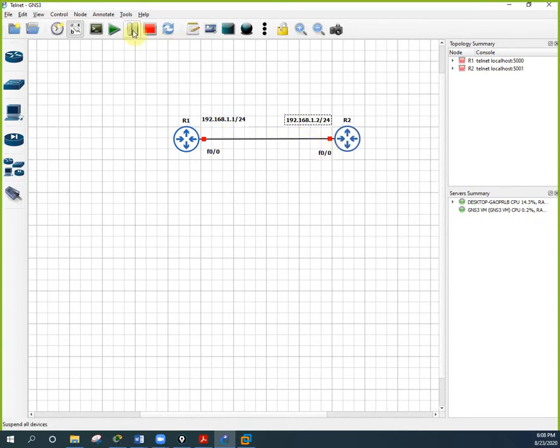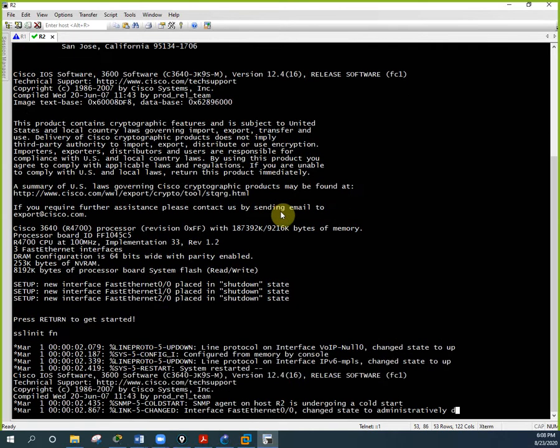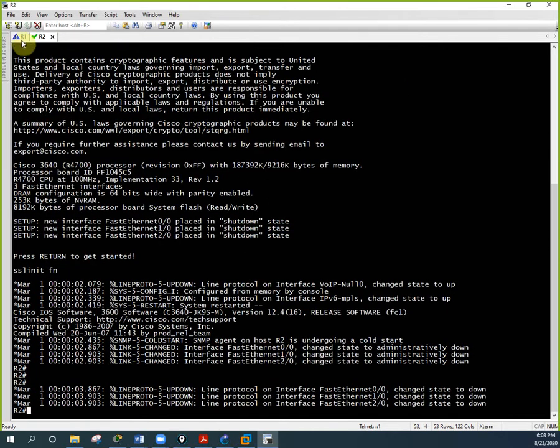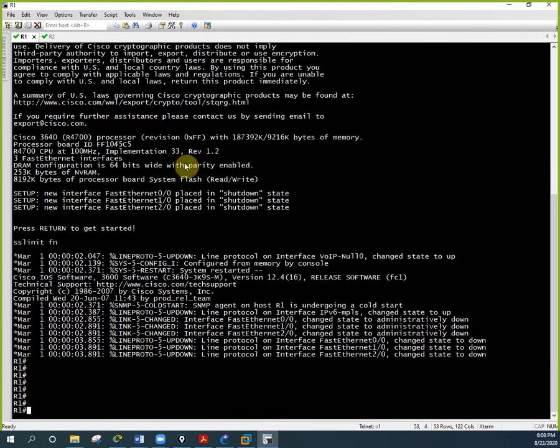So I will start the routers by pressing this key. We will start the routers, so all routers will start. If you see here, it is green, so all routers are starting. After that you press this one to get the console of the router. When we press, it will take some time, then it will open the console of the router. It will take some time to load the router, and then it will come.